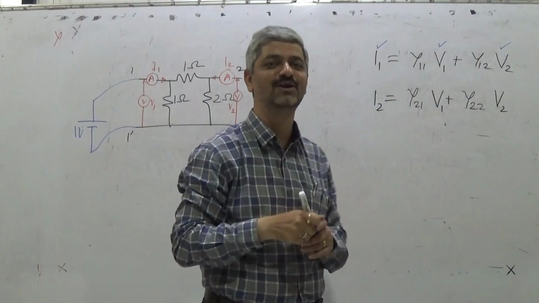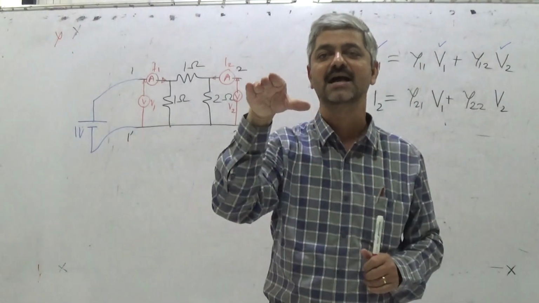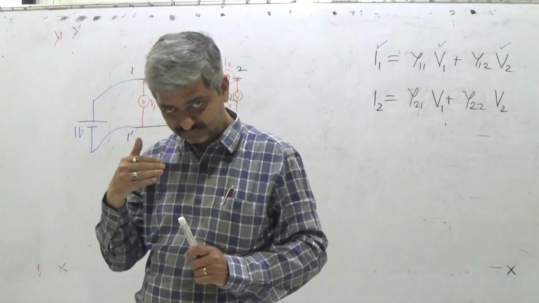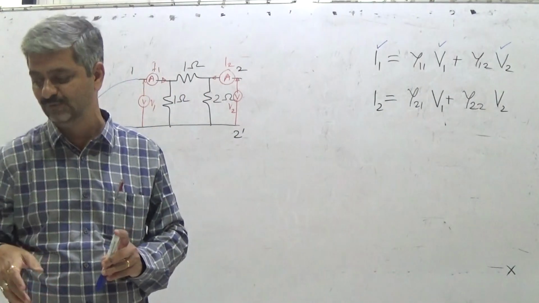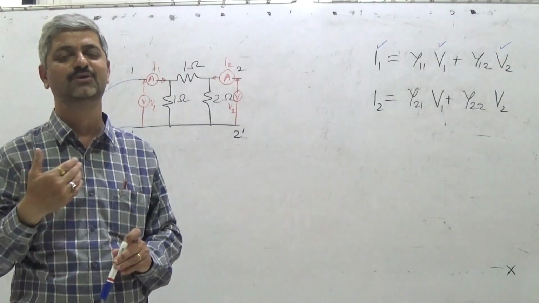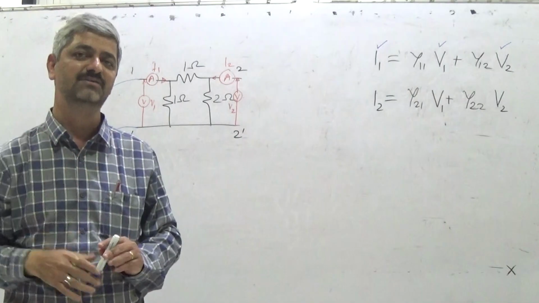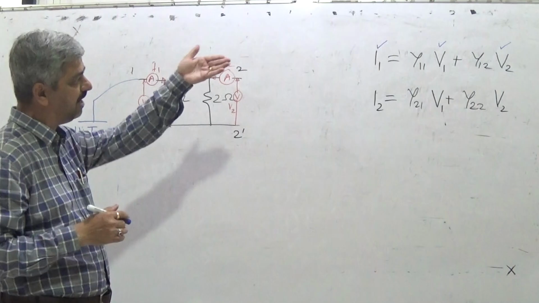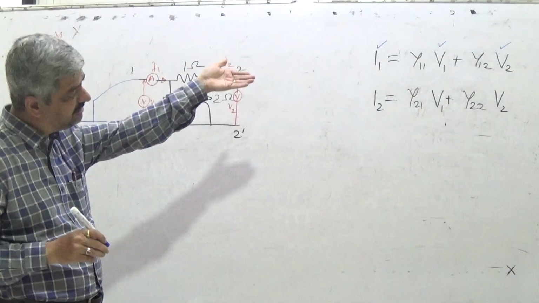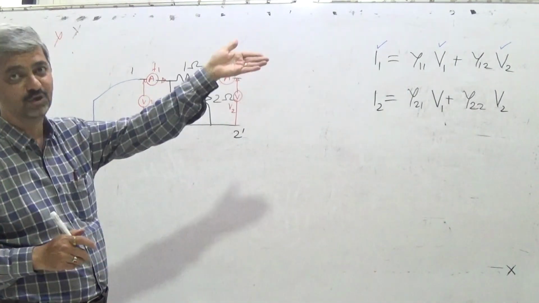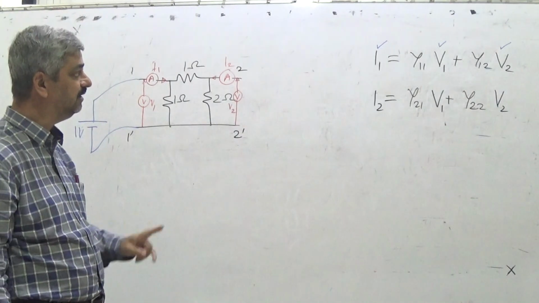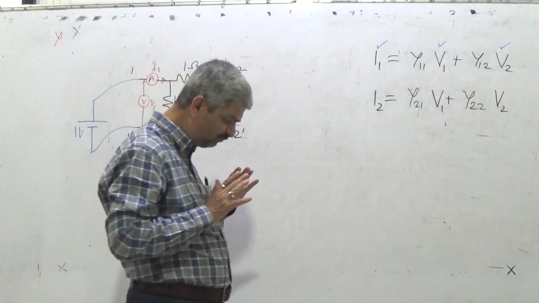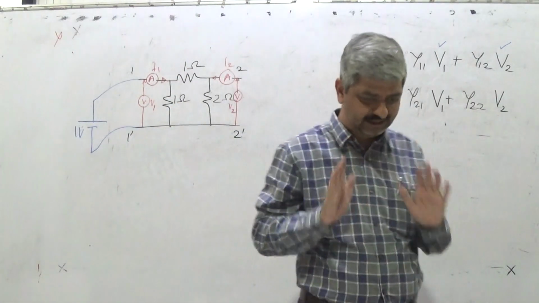So Y12 has come in between. I started to perform an experiment to find Y11, but I don't get a direct equation for Y11, because of something which is quite obvious: I1 is a linear combination of both voltages. Now, if you want to find it, we have a clear-cut practical policy.